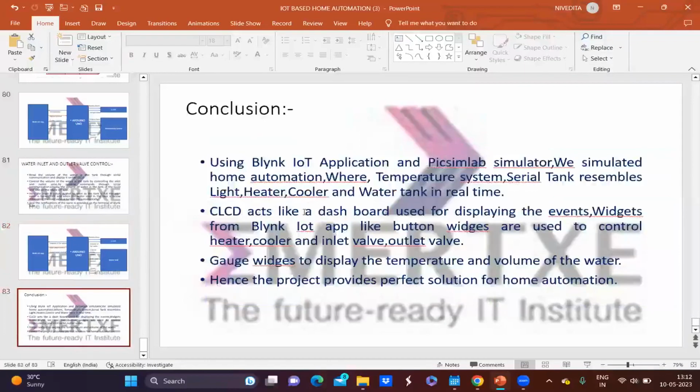Using Blynk IoT applications and Proteus Lab simulators, we simulated home automation where a temperature system and serial can resemble light, heater, cooler, and water tank in real time. The LCD acts like a dashboard used for displaying the events. Widgets from the Blynk IoT app, like button widgets, are used to control